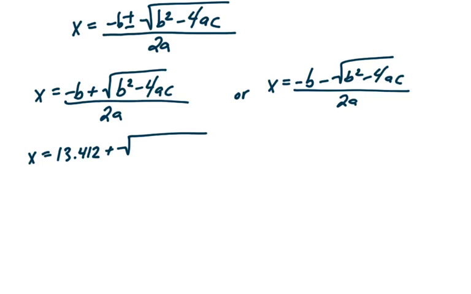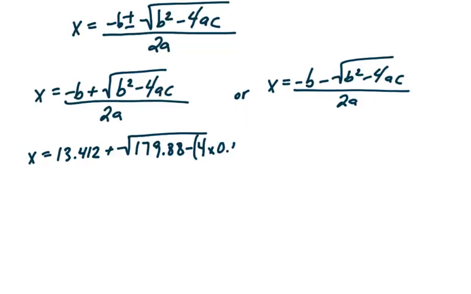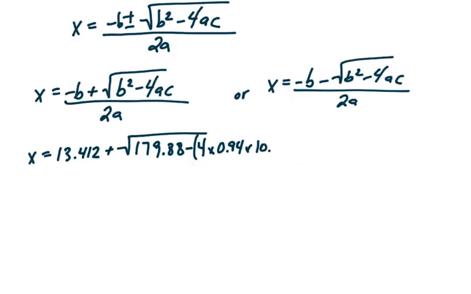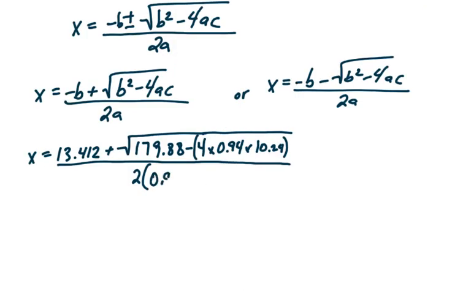So negative 13.412 squared is 179.88 minus 4 times a, 0.94, times c, 10.24. And this is all over 2 times a, which is 0.94. Okay, so x is equal to,